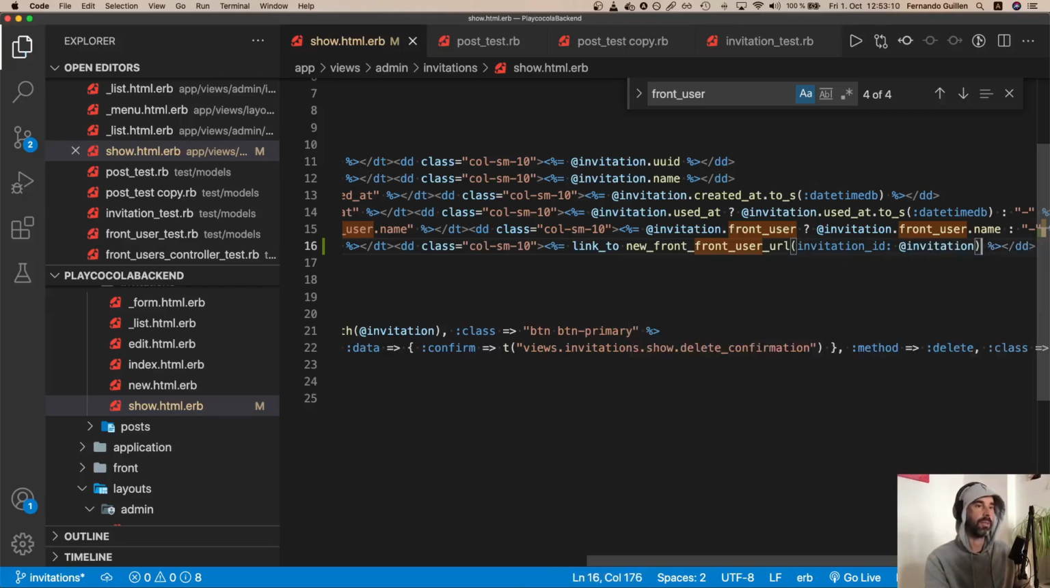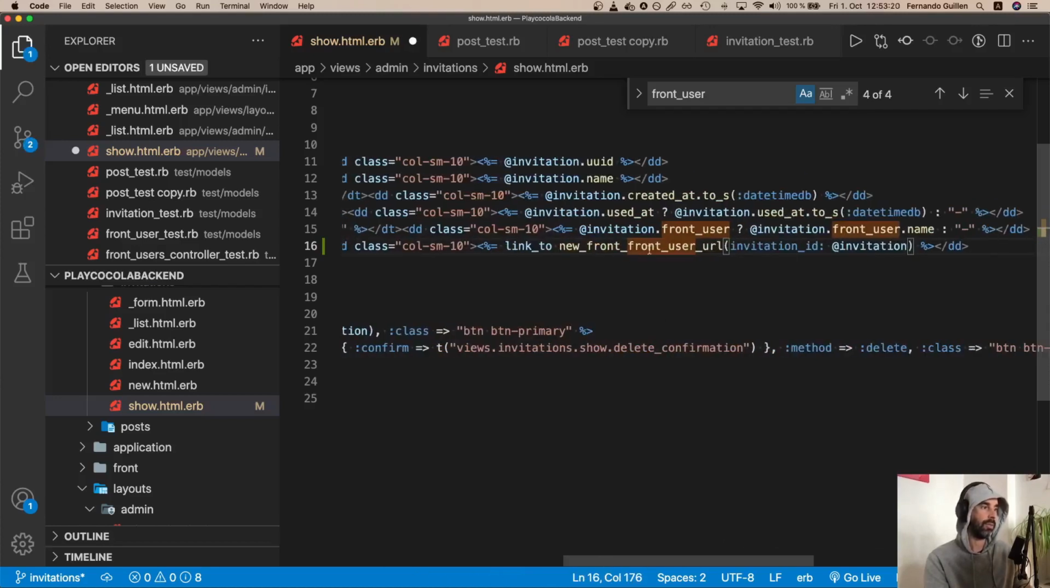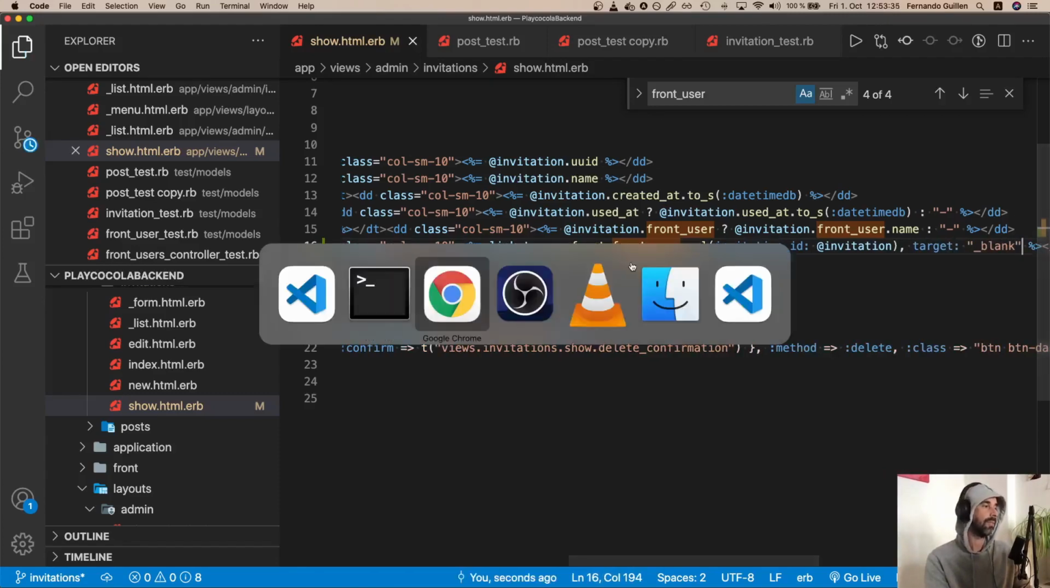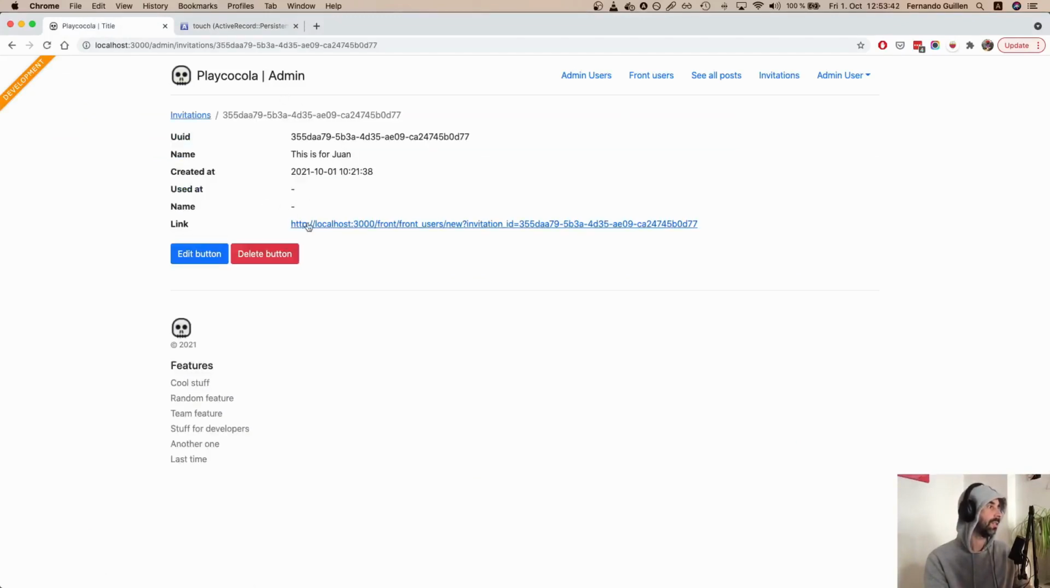Let's see if this works. And again, I don't know why link_to has not overwritten functionality so that if you only put a URL, it renders the URL and links to the URL. I'm gonna put also target blank. Let's see how this looks. So maybe this is more understandable. So this is the link we are gonna share with